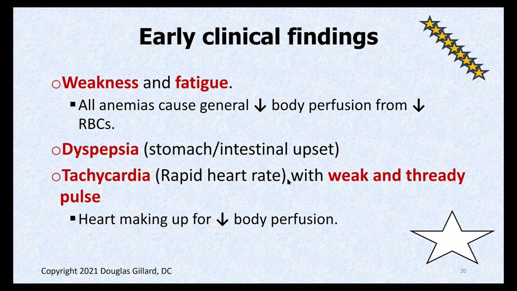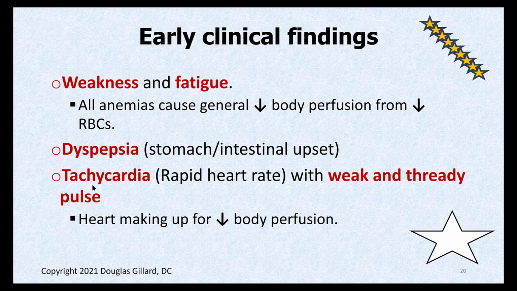How about some clinical signs? How do people early on with pernicious anemia feel? Well, they're going to have anemic type symptoms. They're going to feel weak. They're going to have malaise. They're going to feel fatigued. They're going to probably have dyspepsia as well from the inflammation. They're going to have a rapid heart rate, which is called, you know that one, Lola?